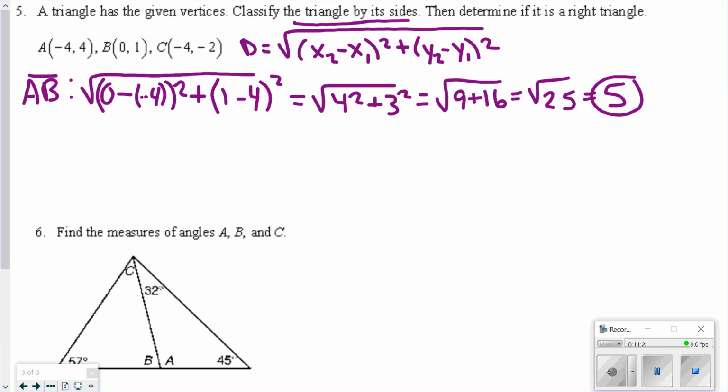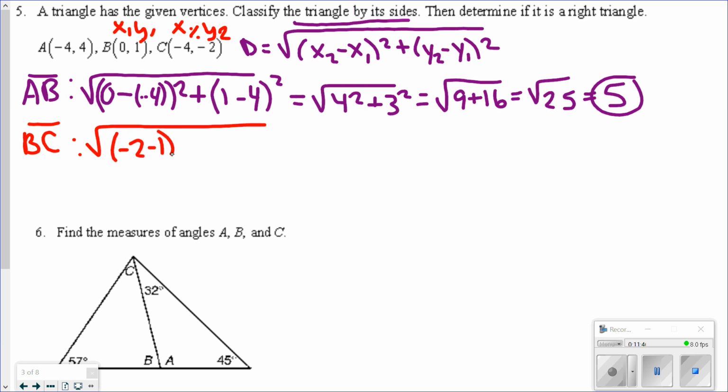Next, I'm going to find the distance from points B and C. So I'll call this one x1, y1, x2, y2. All right, so let's plug in what we know. So I have negative 2 minus 1 squared plus negative 4 minus 1 squared. We're going to simplify this. This will be the square root of negative 3 squared plus